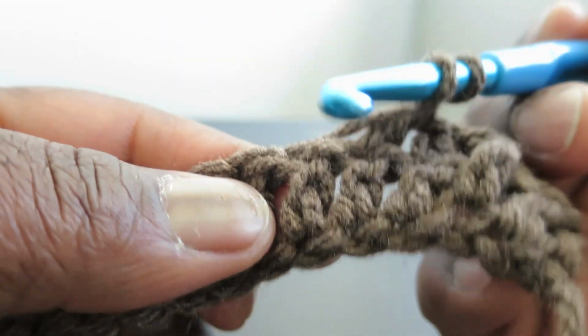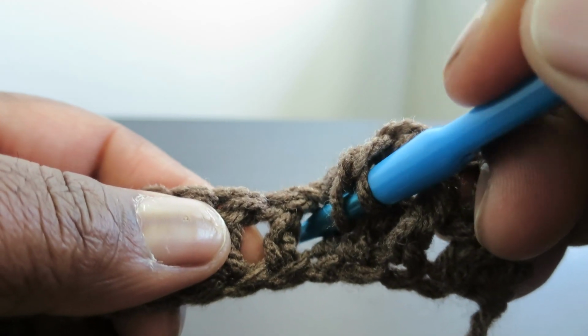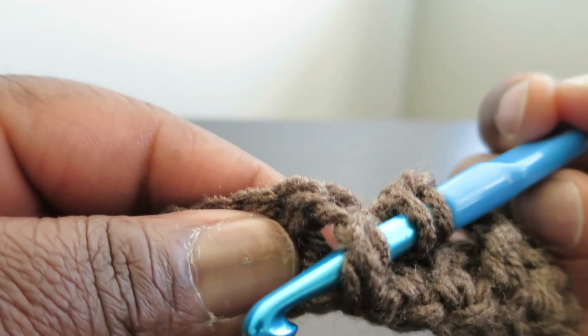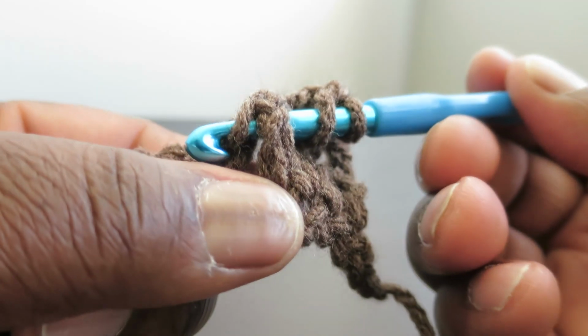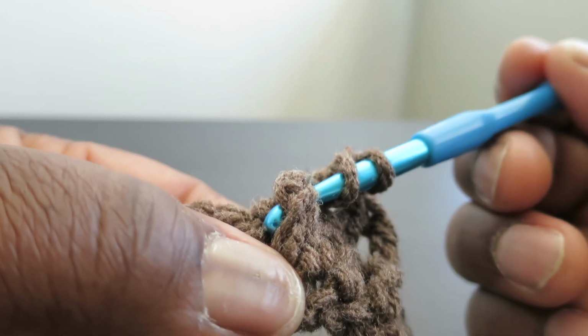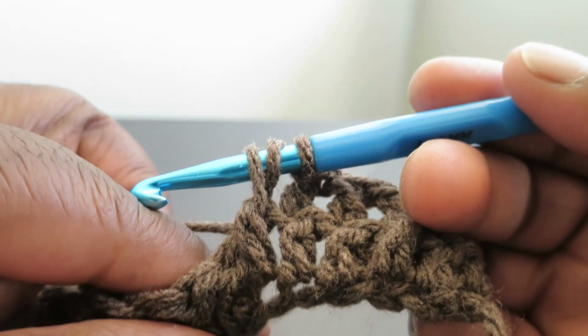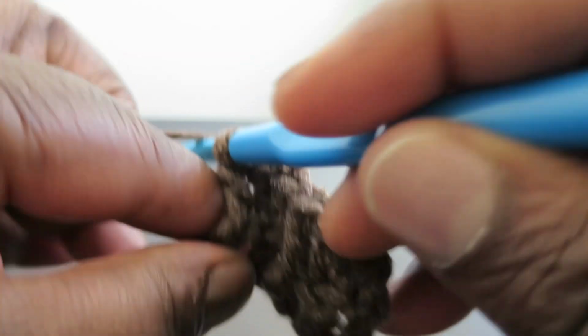So I yarn over, I go behind the stitch from the front and I bring it back out to the front after I've gone behind. I yarn over because I'm making the double crochet and I pull that back through the way I came in. Okay, now that I have my 3 loops, I yarn over and I go through 2, I yarn over and